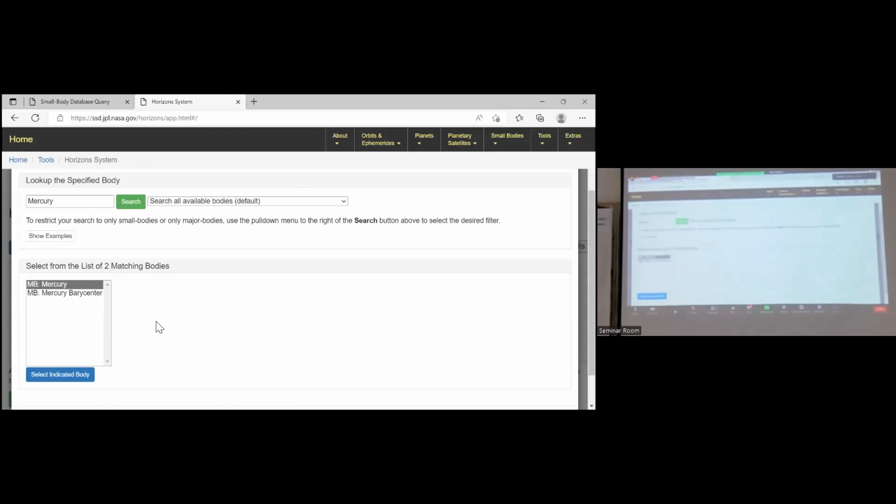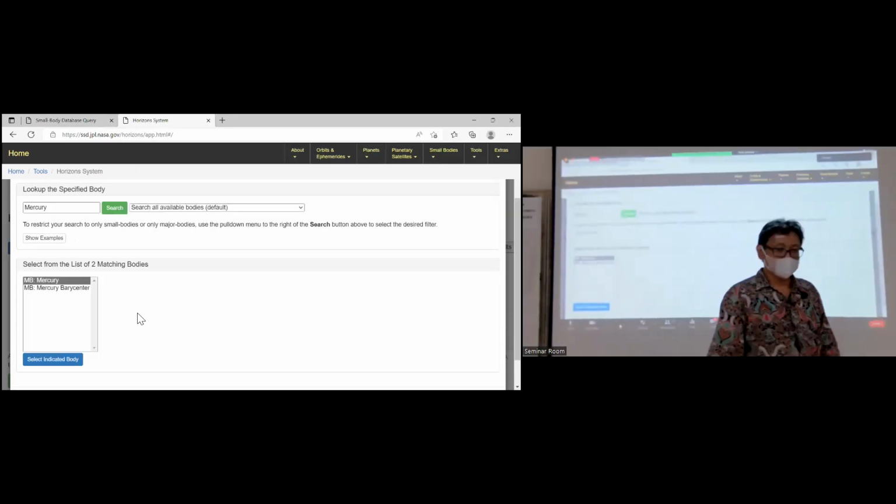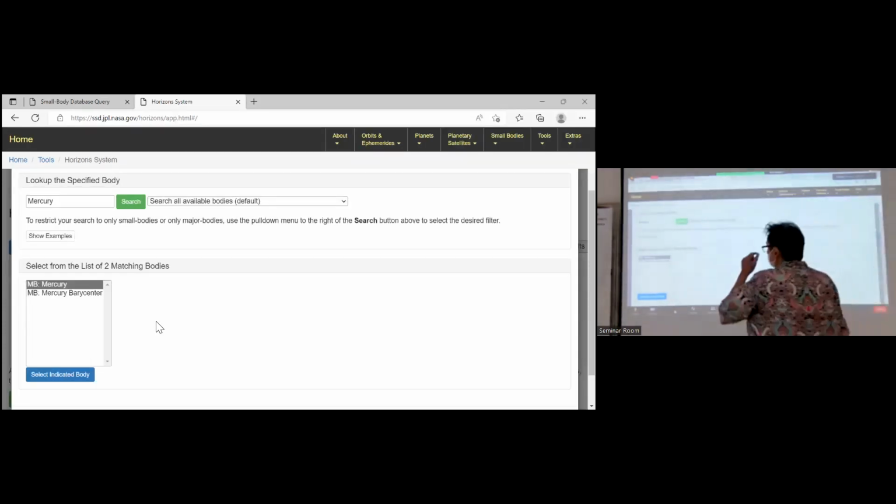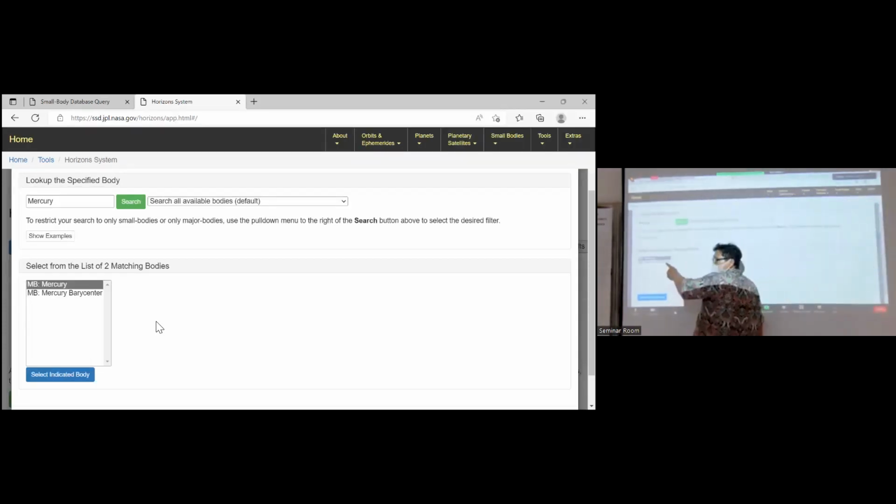But if you want just to exercise, you may choose Mercury. But if you want to output the value accurately, you should click the barycenter. But be consistent. If you choose the barycenter, you should choose the other planets also at barycenter.